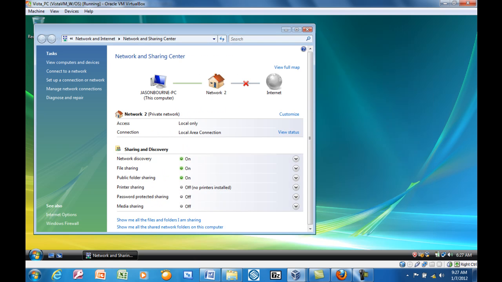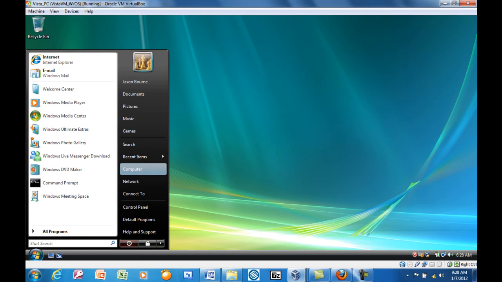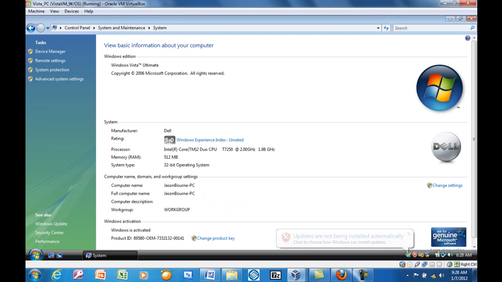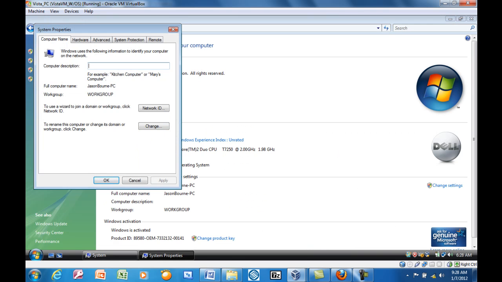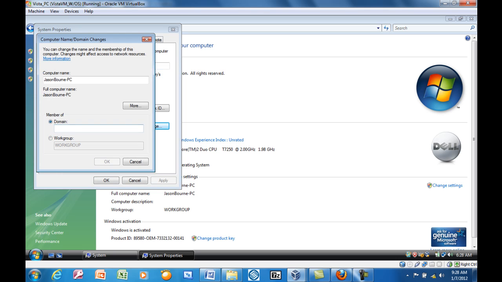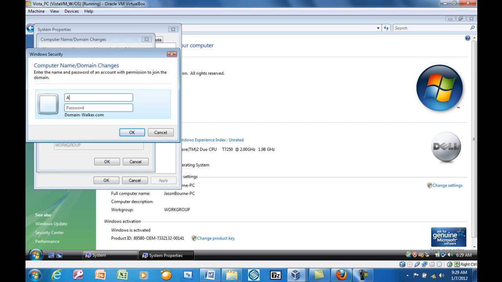So I'm going to have to do a similar process to what I did across on the Windows 7 machine. I go to the Control Panel. I select System and Maintenance. I say System, and I go to Change Settings. Continue. To rename this computer or change its domain or work group, click Change. So I click Change. I say Domain. I enter the domain name, walker.com. I say OK, and I'm prompted to enter a username and password